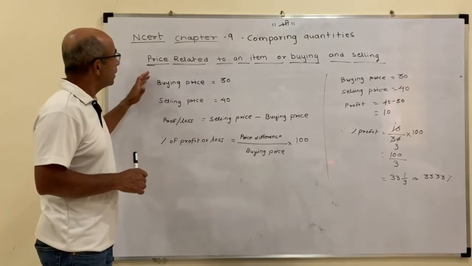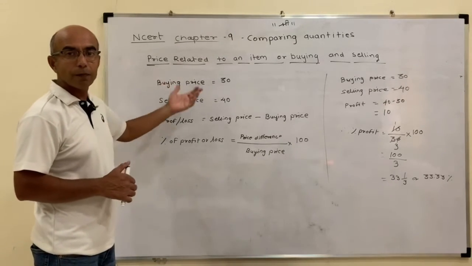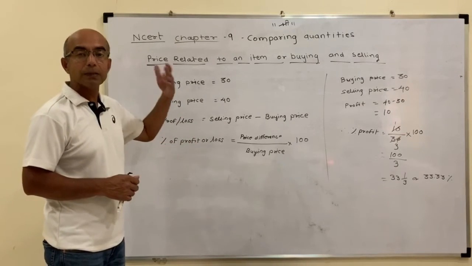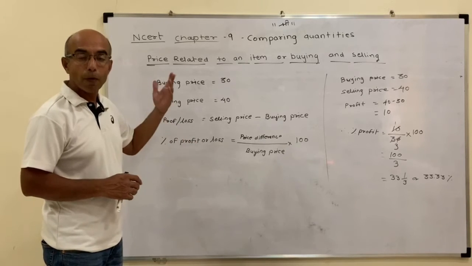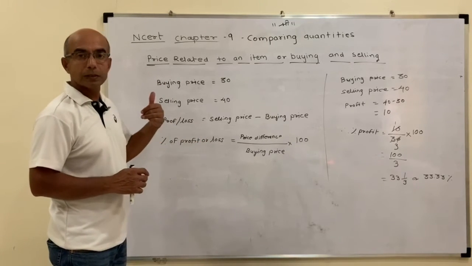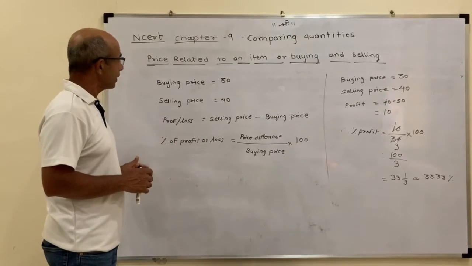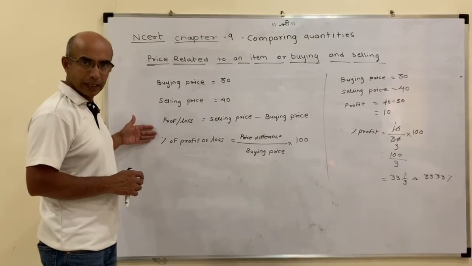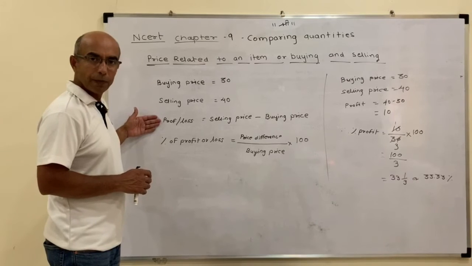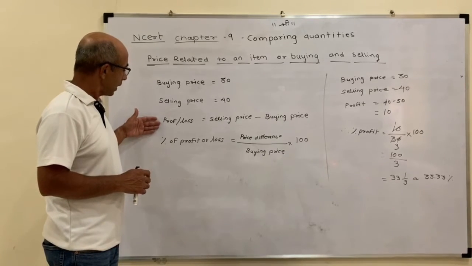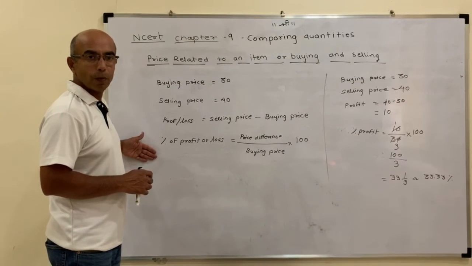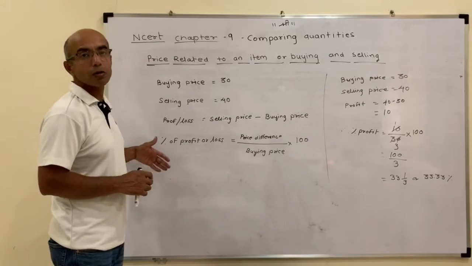You got it? So wherever, it's exactly the same method, same process we use, only the terminology changes. Before, we considered the price of petrol, the marks, the population, and the price of the shirt. Now here we consider the buying price, selling price, the difference as profit or loss, and then we find what percent of profit or what percent of loss it is.